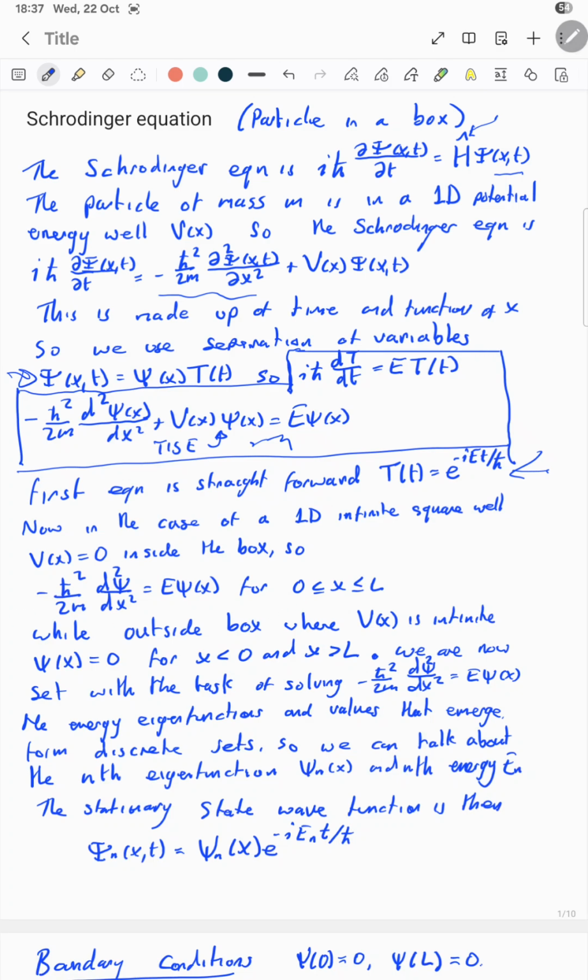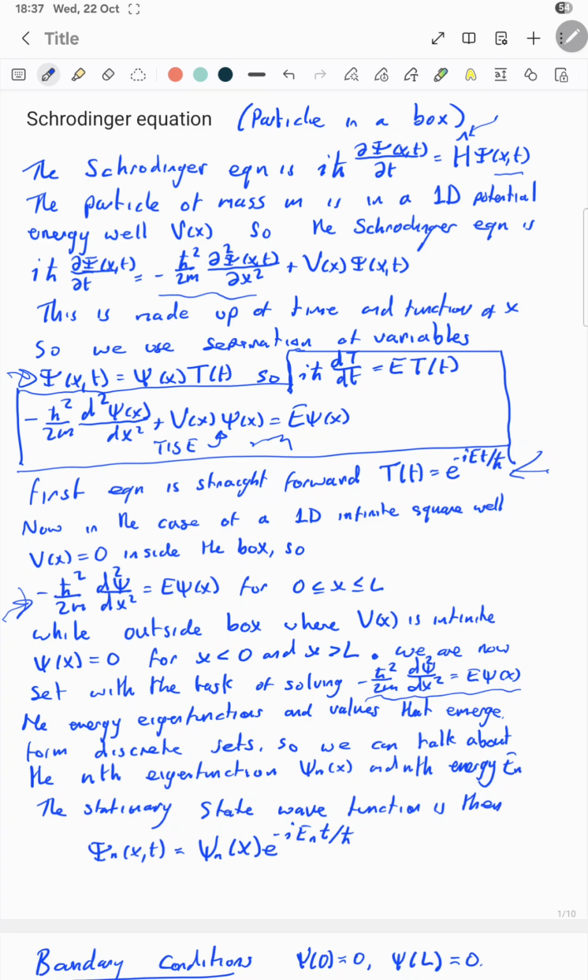Now in the case of a 1D infinite square well, where V(x) equals 0 inside the box, we have minus h bar squared over 2m, the Hamiltonian operating on the wave function, equals E ψ(x), for x contained in 0 and L, while outside the box V(x) is infinite, so V(x) is infinite for x less than 0 and x greater than L. We now set the task of solving